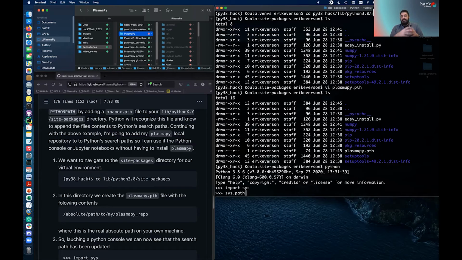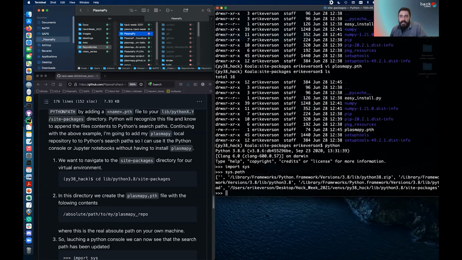So sys.path is a list of all the paths Python will search when looking for packages. If I do that, you'll see right here at the end,